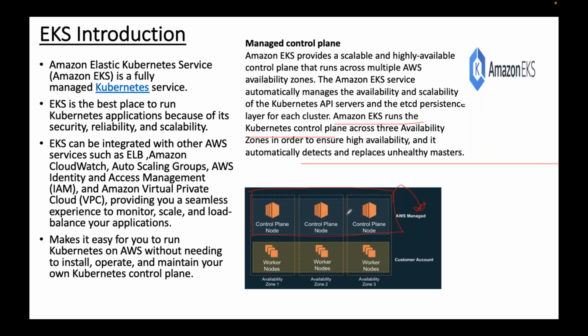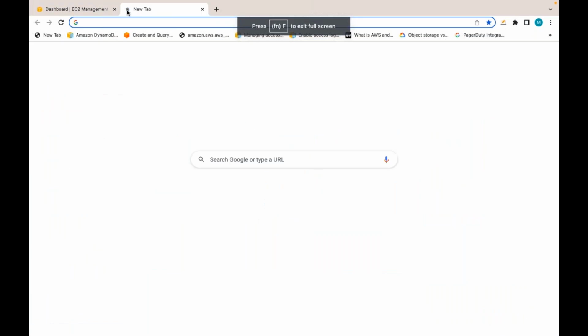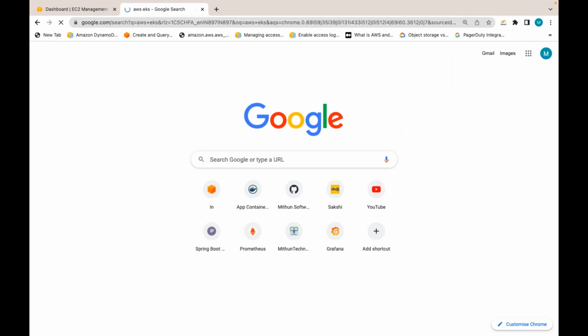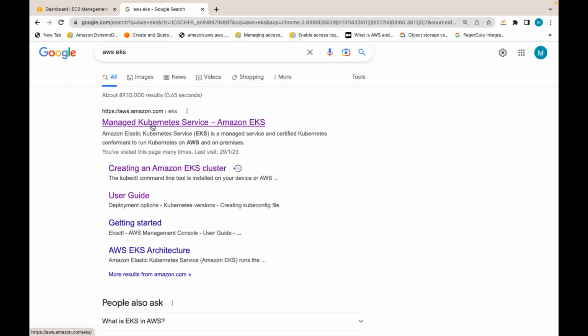Once you create an EKS cluster, you are going to add worker nodes, basically a node group, to that EKS cluster. Then you can start deploying the applications in the EKS cluster. So EKS is a fully managed Kubernetes service. If you see the AWS EKS official documentation,